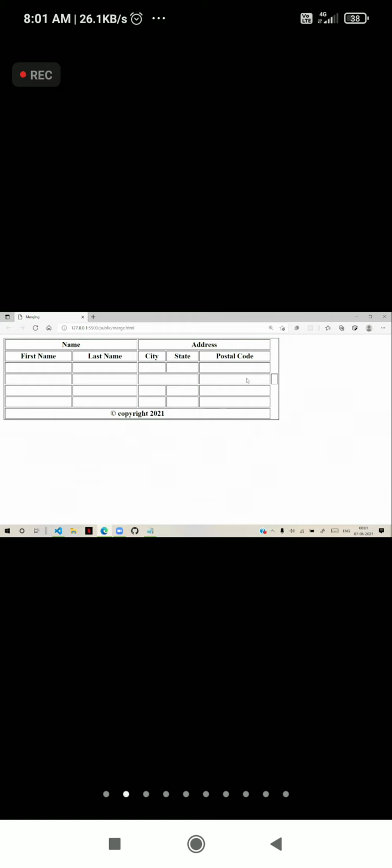It depends on how you configured that. You can see this is merging 2 columns in the middle here, but the other contents must be appropriately arranged.